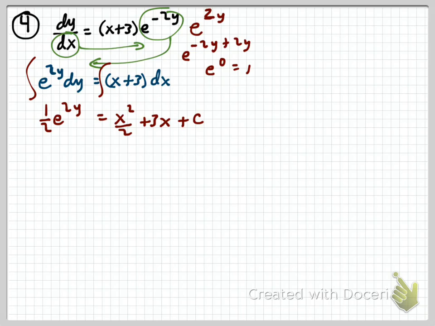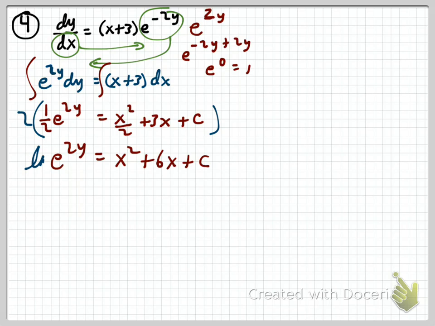And what other things are we given here? Yeah. Let's go with multiplying both sides by 2. So we're going to multiply everything by 2, and we're going to get e to the 2y equals x squared plus 6x plus c. Okay. And now we're going to take the ln of both sides. So I got to get that y by itself. And ln of e to the 2y is just 2y. Okay. Well, equals ln of,